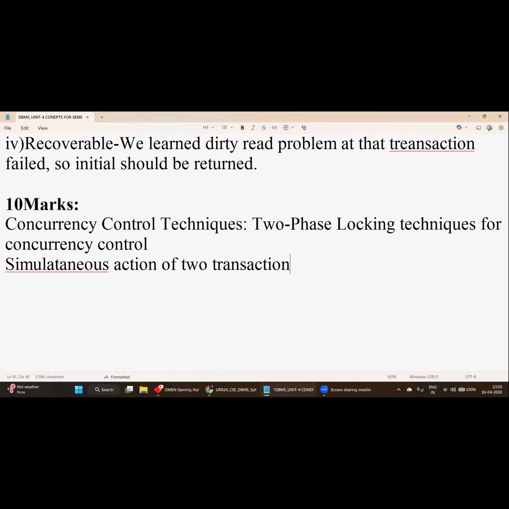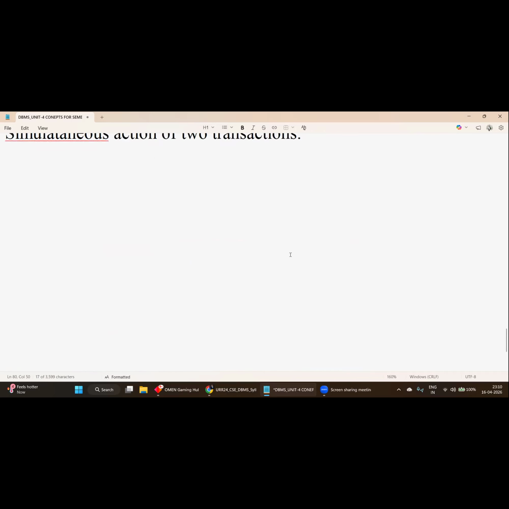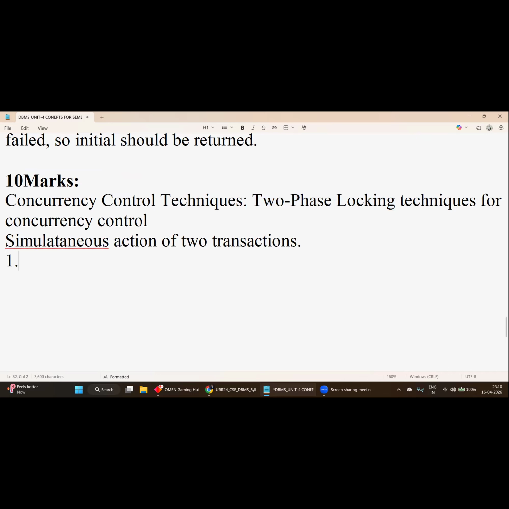Okay. Concurrency will give problems like the lost update problem, dirty read and unrepeatable read, and we have seen the incorrect summary problem also. To overcome this, we can have some specialized techniques. There is the two-phase locking technique, and another one is timestamp ordering. So first we will discuss the